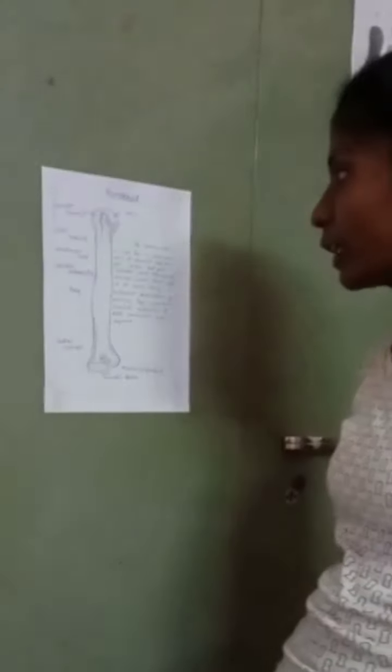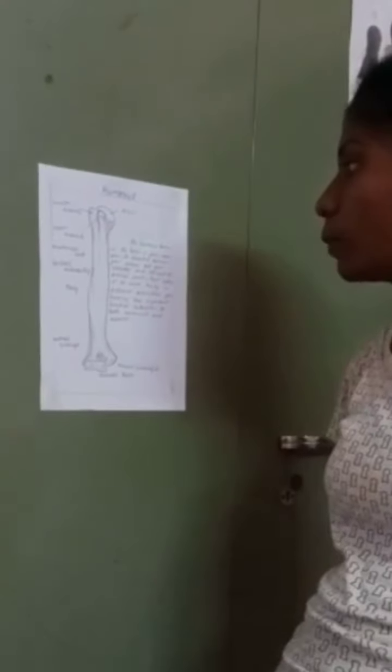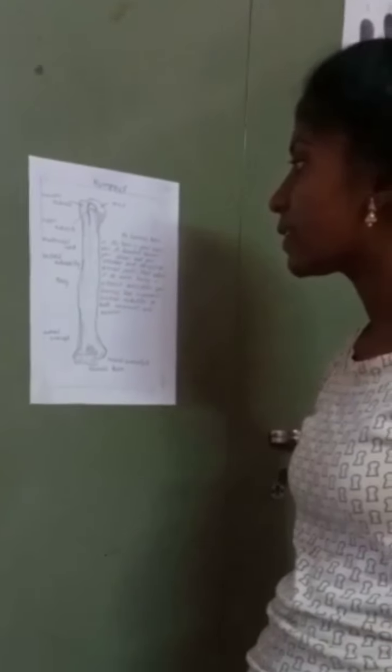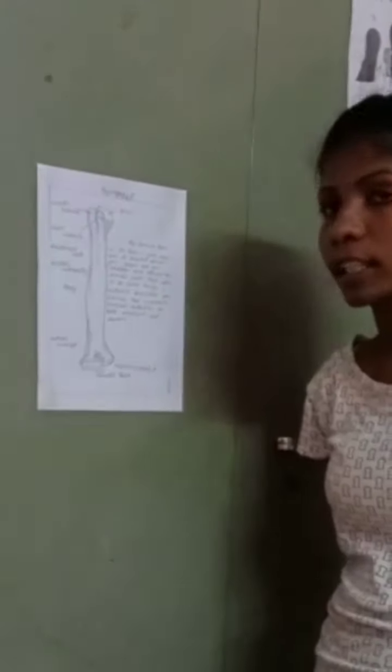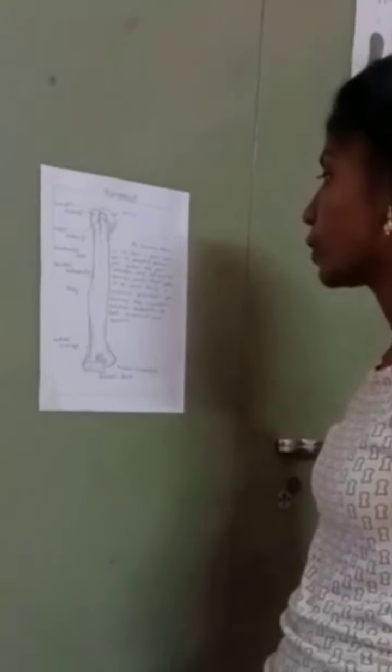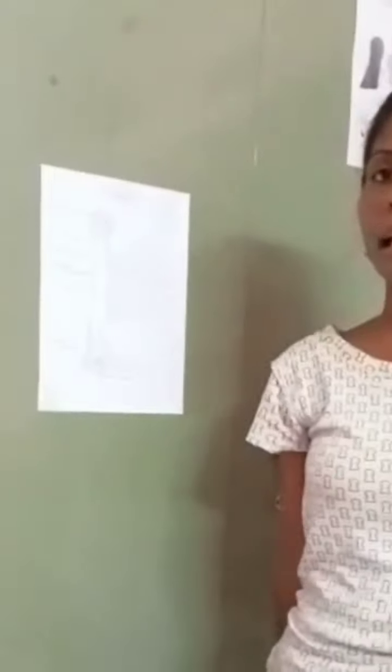Humerus bone. The humerus bone is the bone in your upper arm. It is located between your elbow and your shoulder and consists of several parts that allow it to move freely in different directions. Your humerus has important functions related to both movement and support.